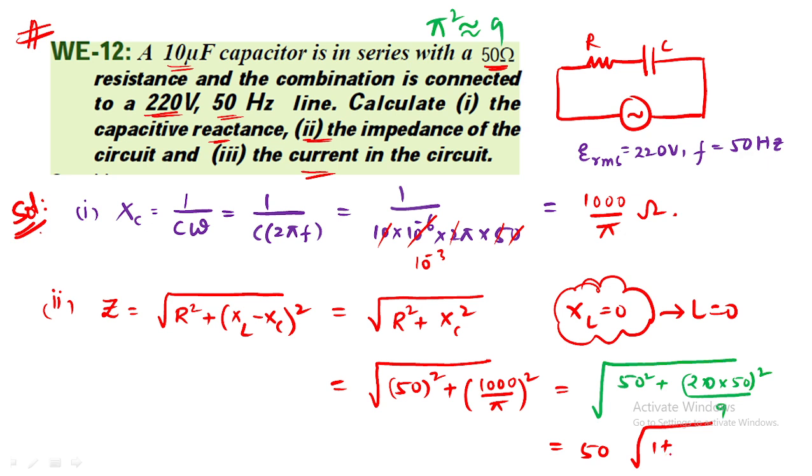1 plus, yes or no? Here 20 is left, which will be how much here? 400 divided by 9. Right? So approximately Z is equal to 50 times, see buddy, root of how much will I get here? 409 divided by 9. Am I correct? So approximately how much will it be? 50 into root 409 will be how much here? I am taking it as 20.1. Can I take it like that?